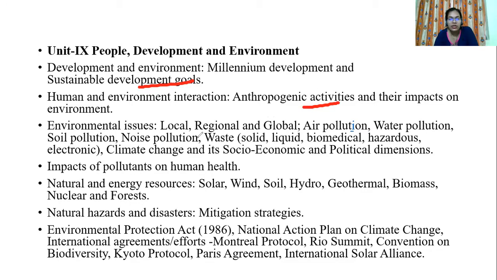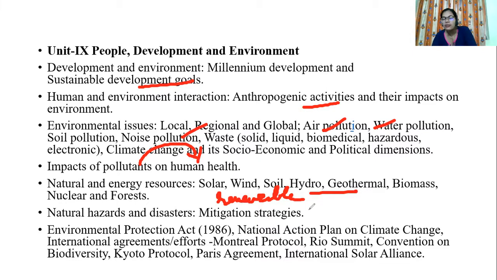That's why we are going to study local, regional and global air pollution, water pollution, soil and noise pollution. What are the climatic changes over here? Then how these pollutants are directly influencing the health of humans, right? It is humans who have created the disturbance in nature, and finally humans are getting affected themselves. Now, what are the different sources of energy? We know that these are the renewable resources of energy. Then what are the Environmental Protection Acts? In order to conserve these, what protection acts were implemented by the government in order to protect human life, right? So that's all about unit 9.